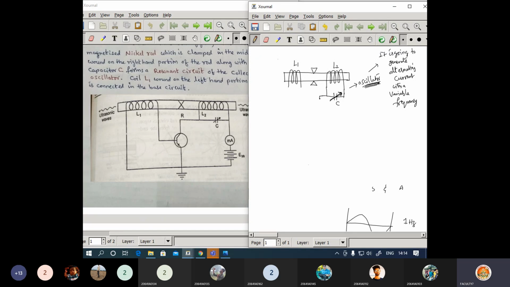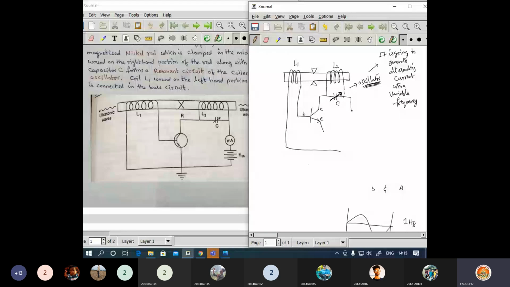Now here we are going to connect this one to a transistor. Okay, and you can identify here this is the base of the transistor, this is the collector, and this is the emitter. So write this as small c here. Okay, so base, emitter, collector. So this is a transistor. Now here the base of this is going to be connected like this to the coil number 1, and meanwhile you will connect this one to the emitter.